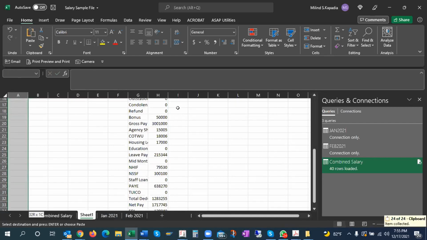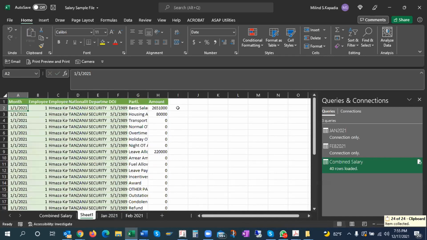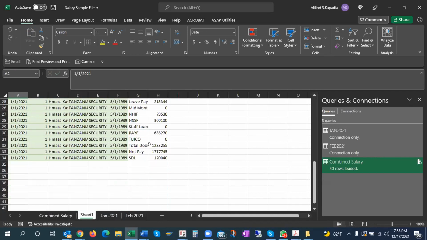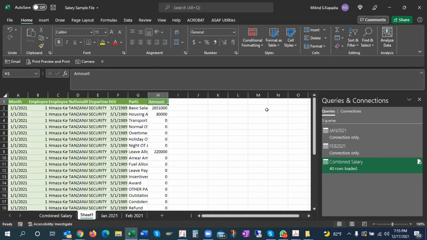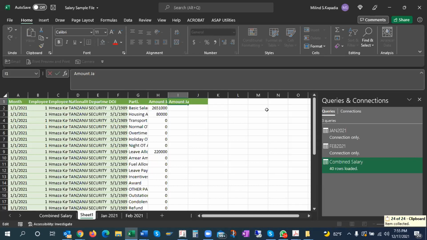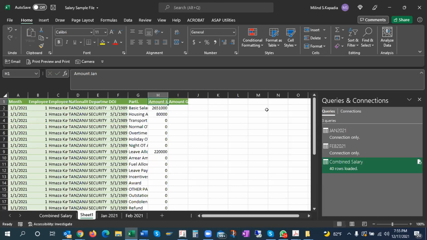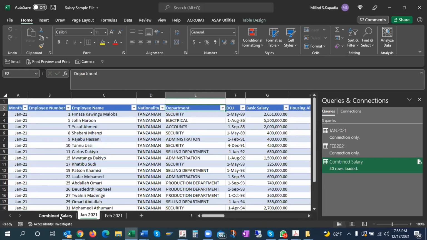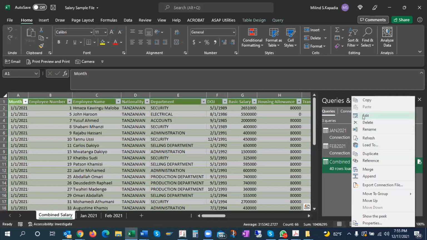So I get data for January. If I get data like this, I can compare even for February, because here the amount comes for January and another amount comes for February. So now I can compare his salaries side by side. If I get this data side by side, it is very simple to analyze. So Power Query has given this tool, which is called unpivoting of data.